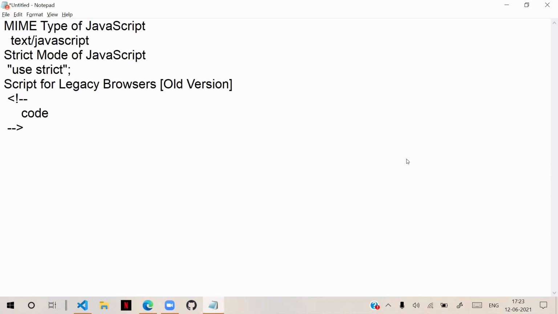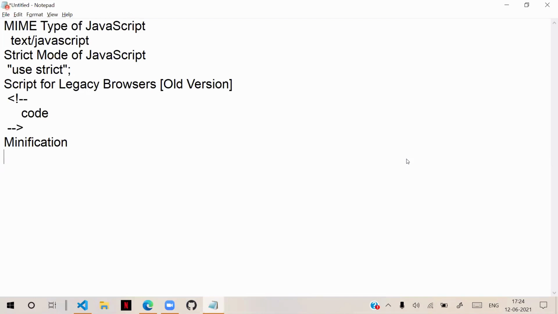I hope everyone is clear and has understood the concept. So: MIME type, strict mode, and legacy. Another very important point, which you already know, is minification. We already learned minification, right? Minification is compressing, at production.